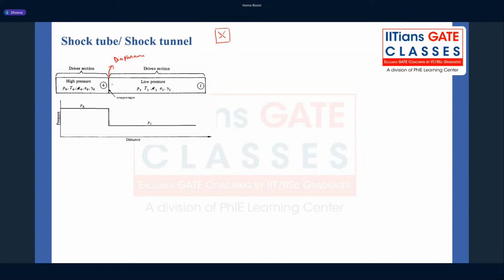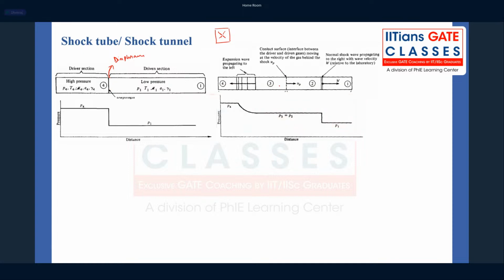and it will lead to, since from my high pressure to low pressure, a normal shock which starts moving towards my right, and towards my left there will be a series of expansion waves that will be propagating, right? And a small line which is at the start, which is here, will be moving with an induced velocity UP, which is induced by the normal shock, right? So here, if you see, my pressure distance curve will be something like this. It's just a step function, and once it bursts, there will be a